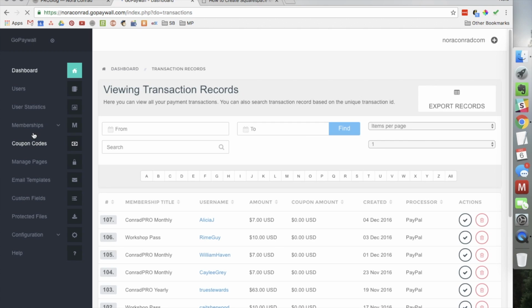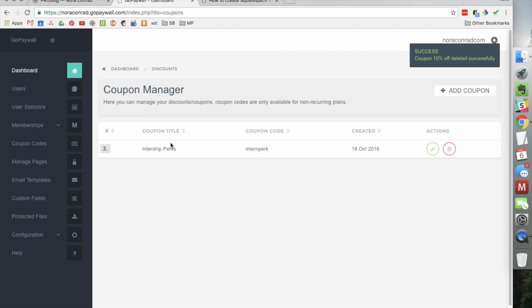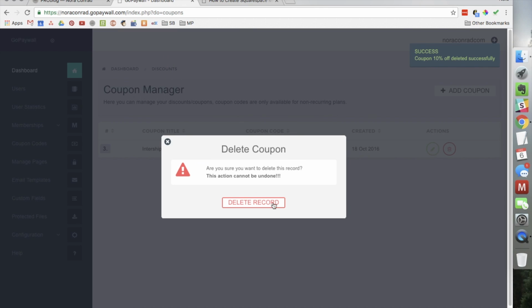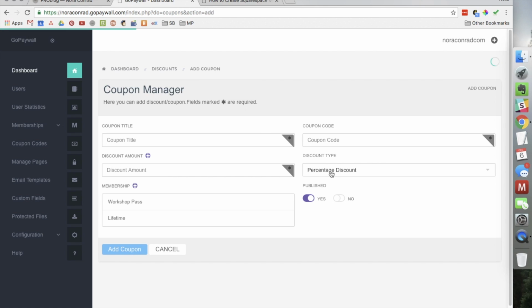And then you can see transaction records, so you can see when people have paid you, and if they used a coupon and how they paid you and all that good stuff. You can make coupon codes, so there are certain things that I set up for different kinds of programs. You can create as many coupon codes as you want, and you can edit them and delete them as needed. This is really helpful if you know you're giving free membership to certain people,